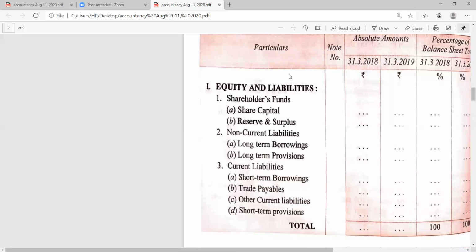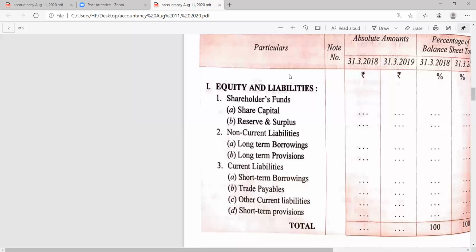What difference do you find in the columns that you will maintain in the format? As far as format is concerned, what difference do you find? In both, we prepare the first column as particulars with the note number. The second and third columns remain the same. Previous year figure is there and current year figure is there. Any other difference you find? Up to this, the half portion is absolutely the same, but the remaining portion is different. Can you clarify the difference between the last 2 columns that we have maintained?